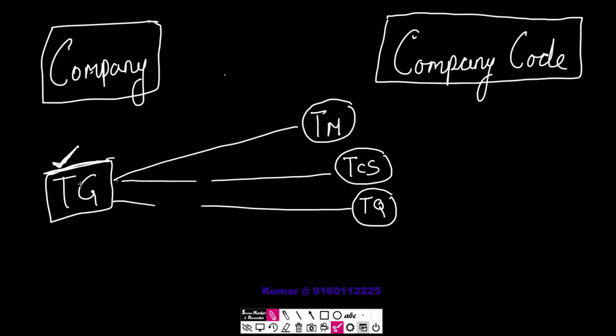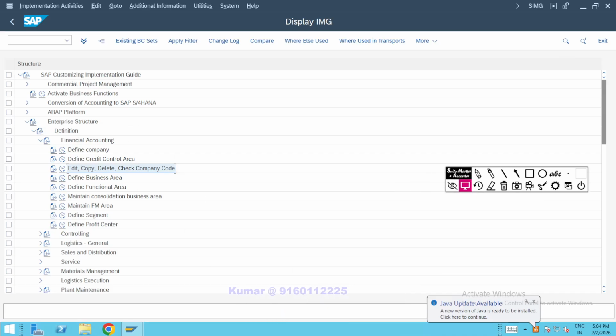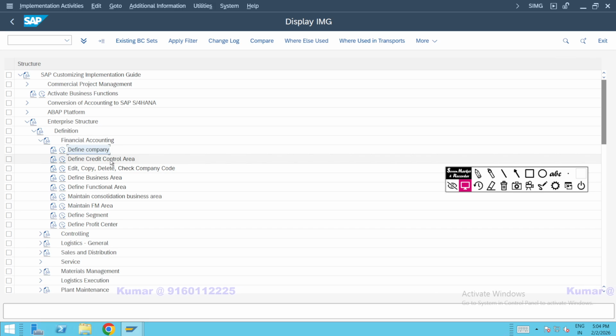And to create company, the same menu path as I have shown you, this is the menu path: define company, and edit company code, like edit, copy, delete, check company code data, is there just below the financial accounting and definition and enterprise structure. So this is the menu path. So now first we are going to create the company. So go into the company, execute this, click on IMG activity of define company,